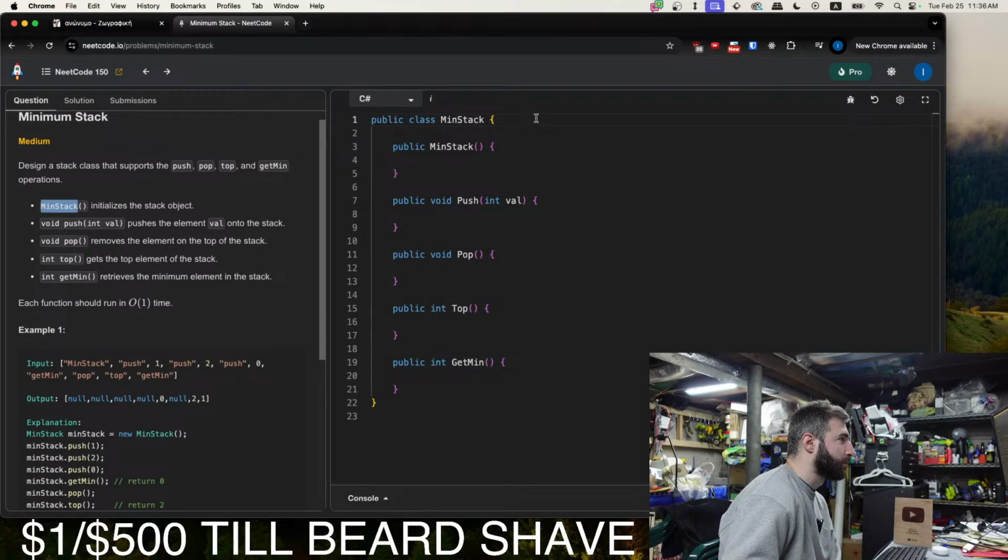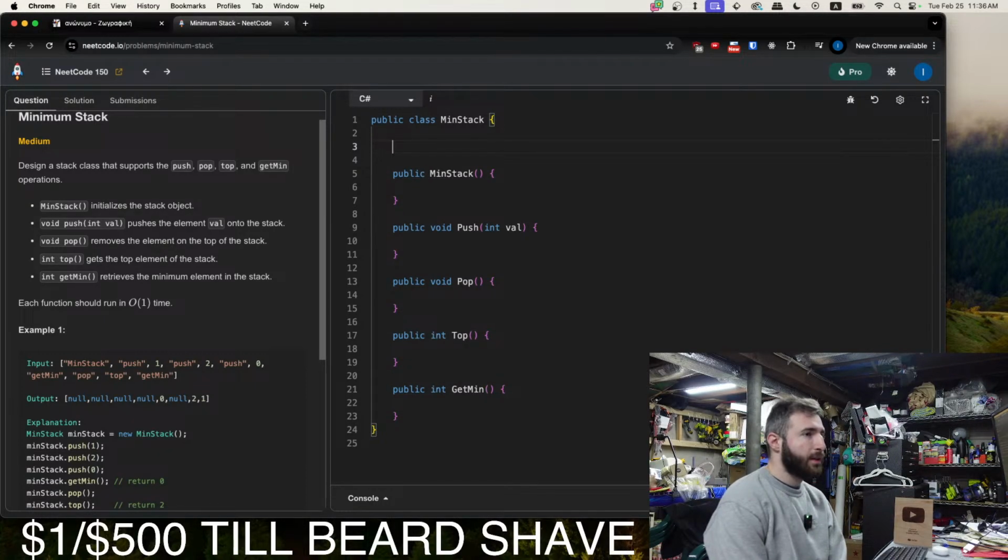Okay, so what data structure will we be using for this stack? I'm thinking a list. Probably an ArrayList so that it can automatically size up if we need to.